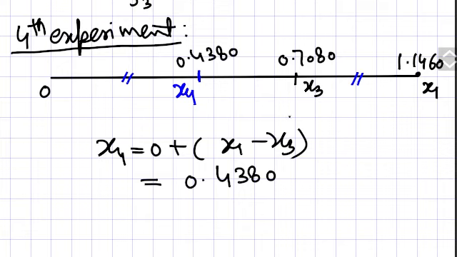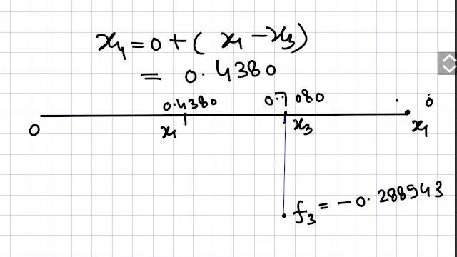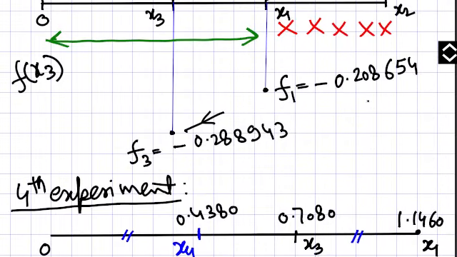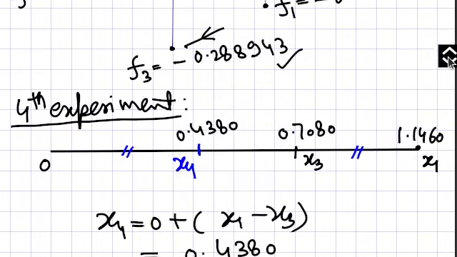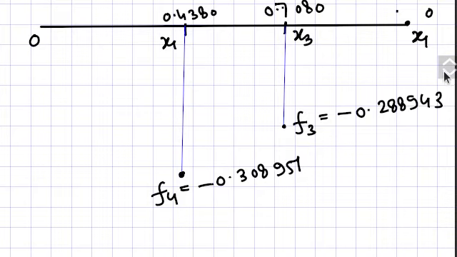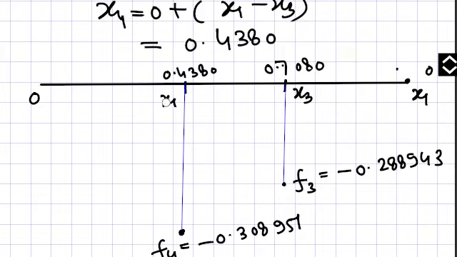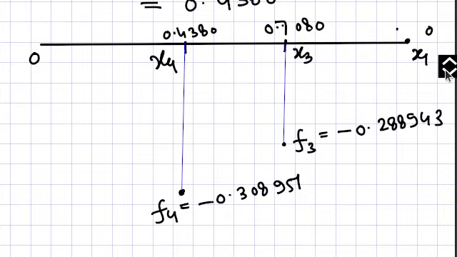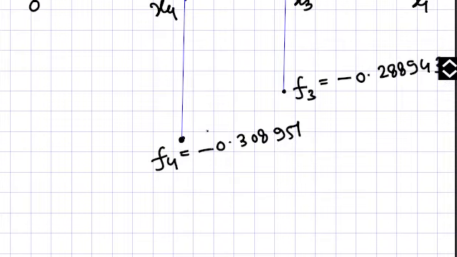Now we will calculate the values of the function at these points. Here I have drawn the new graph, and the f3 value we already knew from here. You can see that we already have this data, so I have put it here. Now we will calculate the function value at x1. So let's calculate it. This is the function value at this point, and here I will make a correction: it is not x1, actually this is x4. That was a mistake in writing. So here also you can guess that the function is going like this. So your minimum will lie somewhere here,